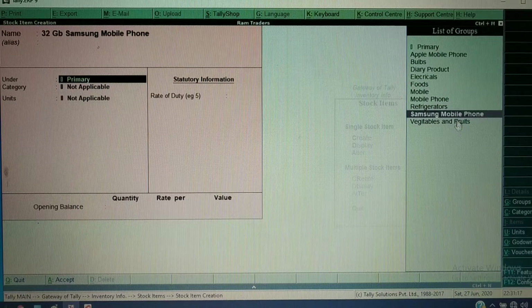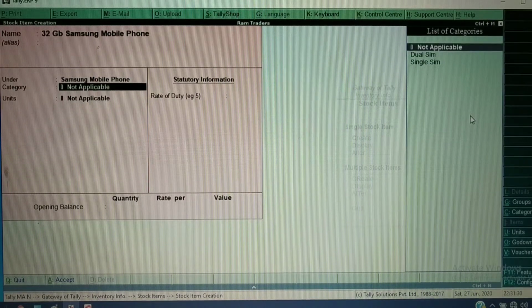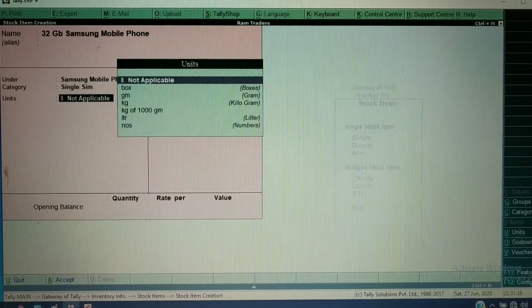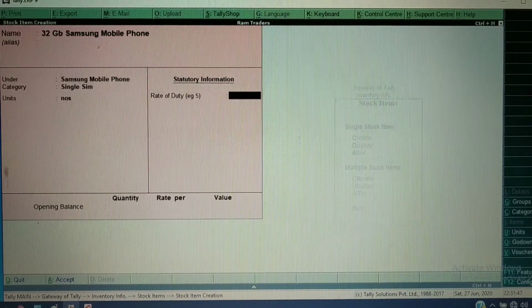This is the sub stock group under mobile phones, and I need to select the sub stock group here. So I will select it as Samsung mobile phone. Category you need to select. This will be under the category of single SIM. Now these mobile phones will be measured in numbers, so I will select numbers here.